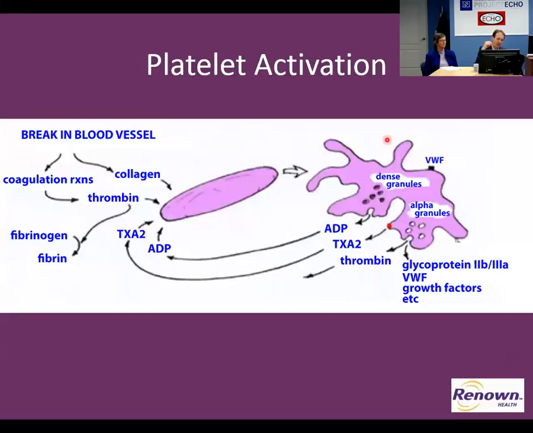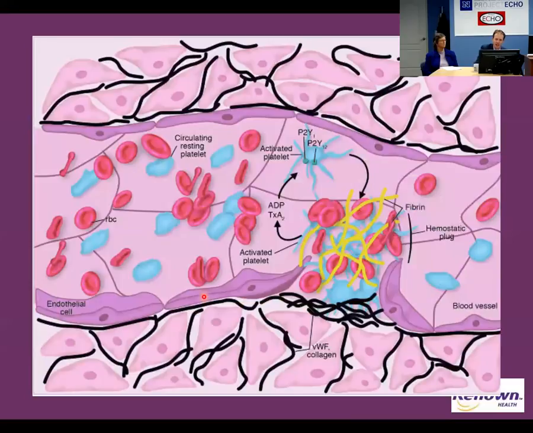And then, going to the physician level, those activated platelets release dense granules, which contain various things that further lead to more platelet activation, such as adenosine diphosphate, ADP, thromboxane A2, thrombin. They become linked via the GP2B3A receptors that become expressed on the platelet cell surface, von Willebrand factor, et cetera. That ADP comes back to those inactivated platelets to activate them as well, as does thromboxane A2 in addition to thrombin and collagen. So platelet activation begets more platelet activation, and you end up with this platelet fibrin mesh that